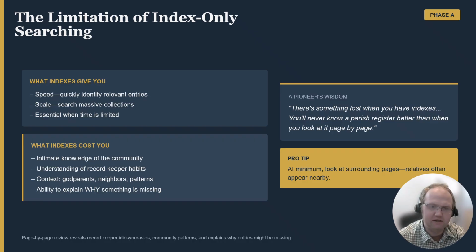There was a project I recently completed where I discovered a very haphazardly kept parish register. There were some indexes. I was really struggling to find a marriage entry that should have been there. The couple, I believe, was local, and I was really surprised that I couldn't find it. But what I learned taught me something. I learned that the record keeper was very inconsistent with how they kept records, that even if the book was indexed,